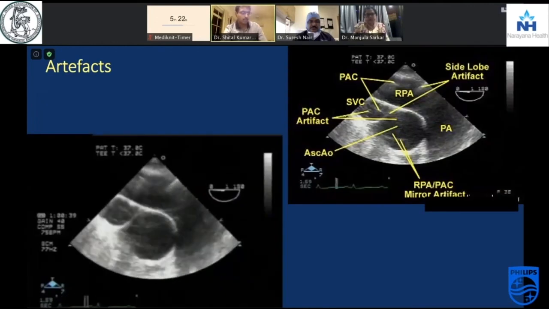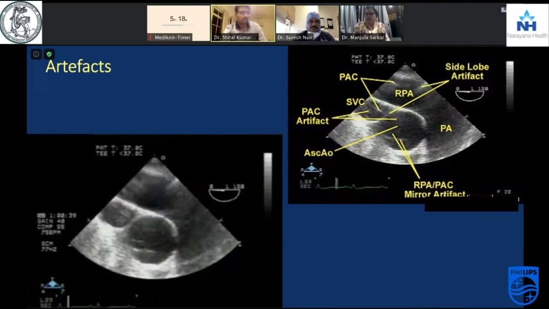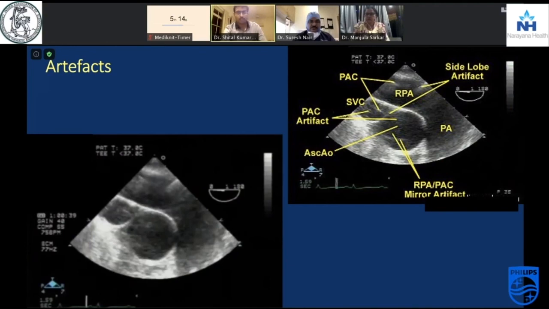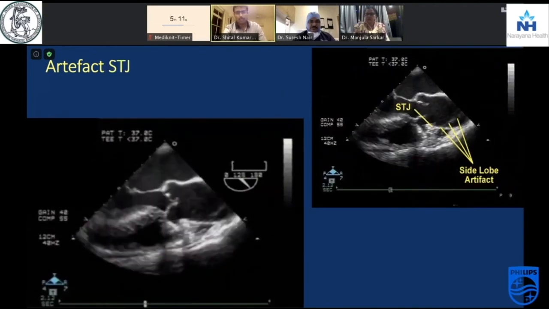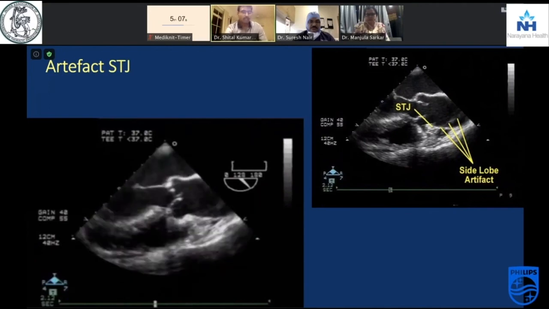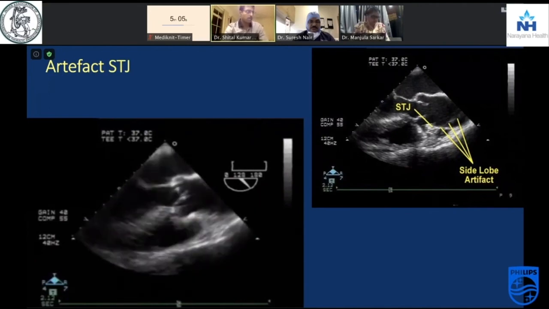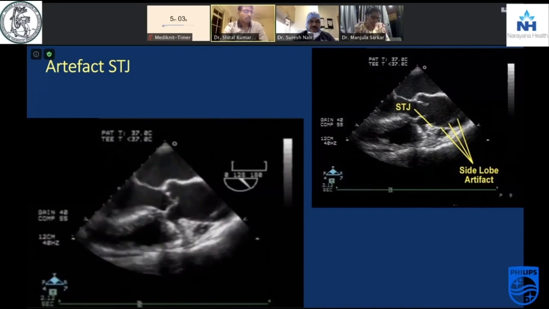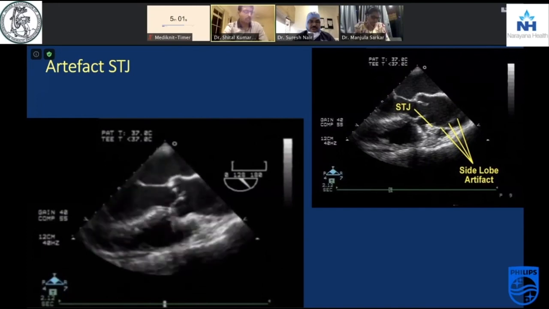Coarctation is the narrowing of the aorta. Either it's before the ductus, so that's preductal, or it may be post-ductal. Remember, if that's there, it may be associated with a bicuspid aortic valve or intra-aortic aneurysms. Artifacts are quite notorious and commonly found in imaging the aorta, both the ascending as well as the descending aorta.